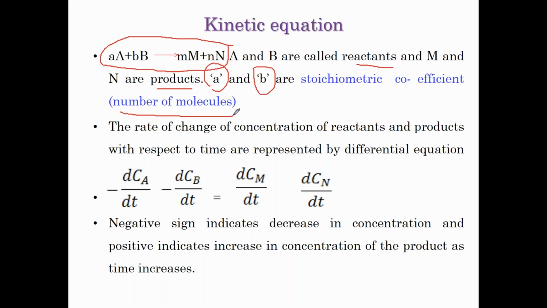So what are a and b? a number of molecules of capital A interacts with b number of molecules of capital B. That results in the formation of product M with m number of molecules and product N with n number of molecules. Yes, it talks about the number of molecules, the interaction with respect to the number of molecules. So now we know that any chemical reaction is represented by an equation, and there